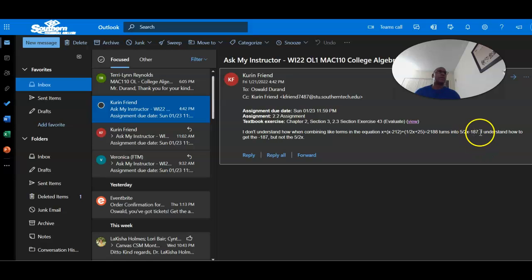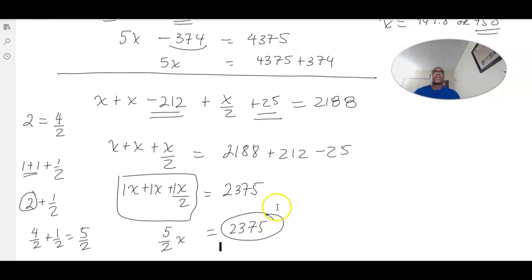Okay, so you had negative 187 equal to something. Yeah, okay. But that's where the 5 over 2x comes from. And that's about it. Okay, so hopefully